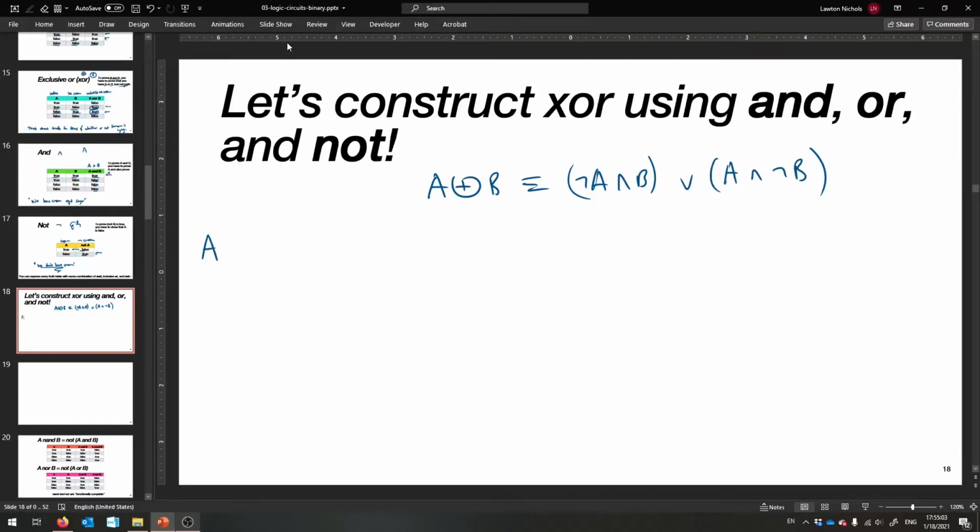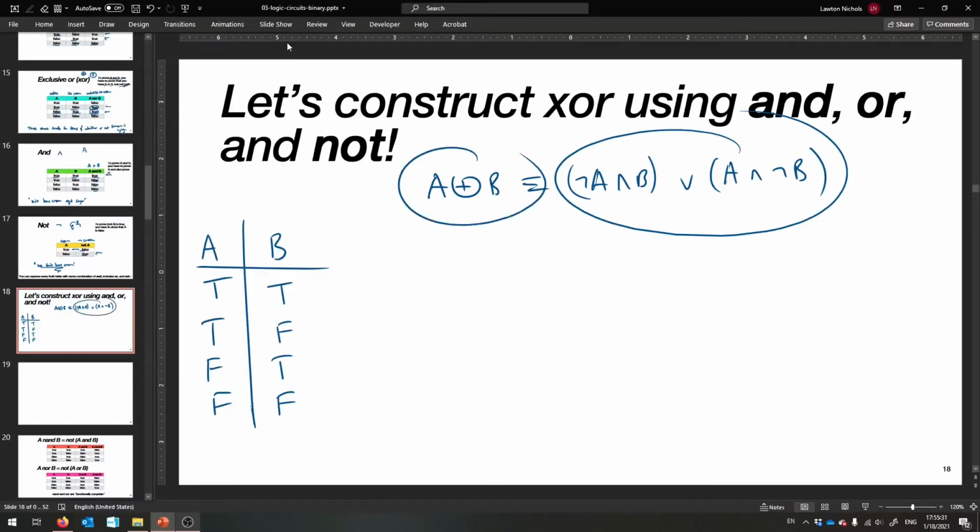So I have my A, I have my B, and I have their possibilities. So we know what they get to be. They could be true, true. I'll use capitals now just to save myself. A could be true and B could be false. That's one way that the universe could go. A could be false, B could be true, and they could both be false. Okay, so I'm going to make a truth table for this thing, and show you